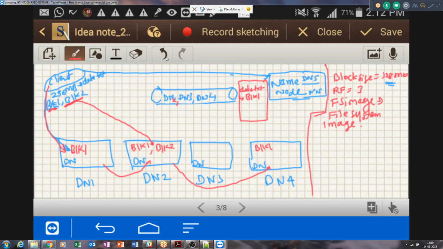Once this block gets written for the first time, the client will be happy and mark the transaction as successful, and it does not care about the further replication. Now this DN2 would be released, and then it will forward a copy over here, BLK2, and again it will be forwarded over here, BLK2. And then one more entry will be written over here, BLK2, corresponding to data.txt.